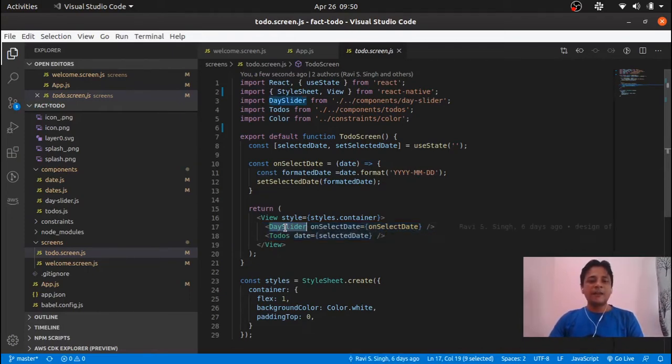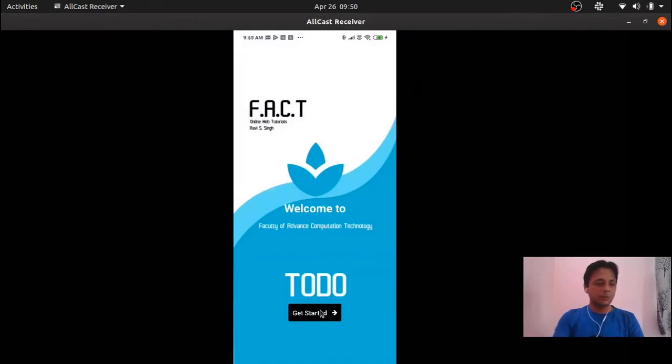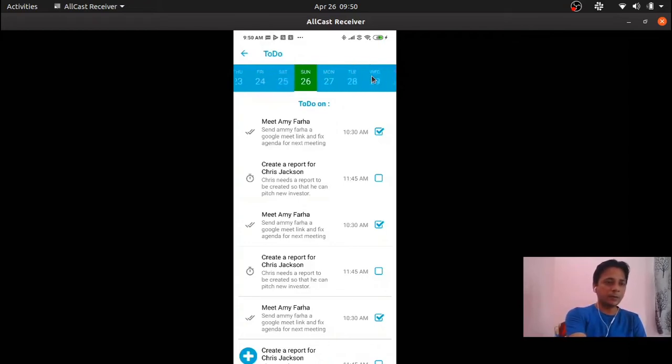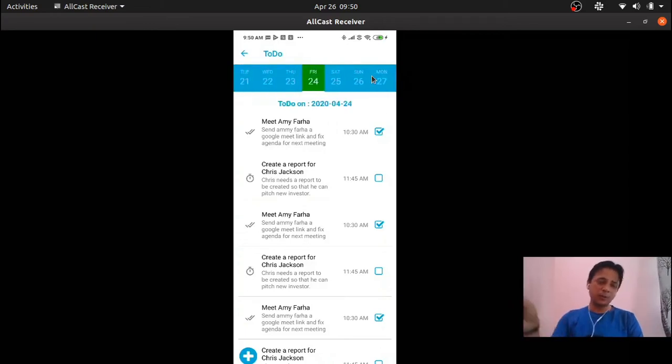Okay, so I have a day slider in this particular screen. The day slider is basically this. If you see the arrow and to do, this is coming from the stack navigator. But this particular thing over here is a day slider component. The capabilities are that you can scroll it horizontally and pick dates, and this component itself consists of two components. We also call it the composition of components. So this screen is made of a few other components, and those components are themselves made of a few other components.